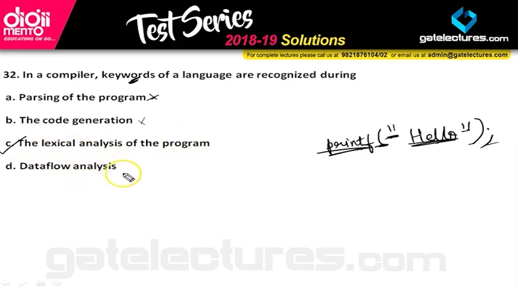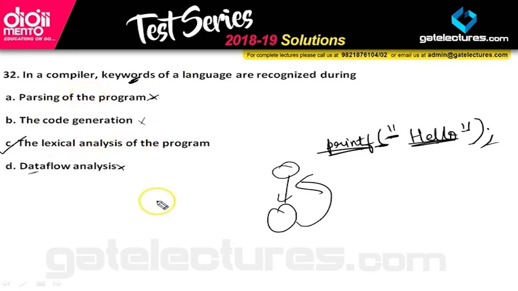And here the fourth option says data flow analysis. No, this is not the answer. Data flow analysis is used to check the flow of the program, meaning to check the loop conditions, jump conditions, and these kinds of things. We make a flow, right? If the condition is true, then like this. So that is used for data flow analysis, for the loop, jump condition, and all these things. Okay, so for the keyword recognition we use the lexical analysis of the program, and it comes before the parsing or the semantic analysis of our program. So that is why C is clearly the right answer here.